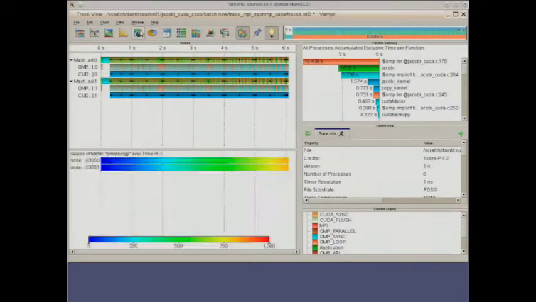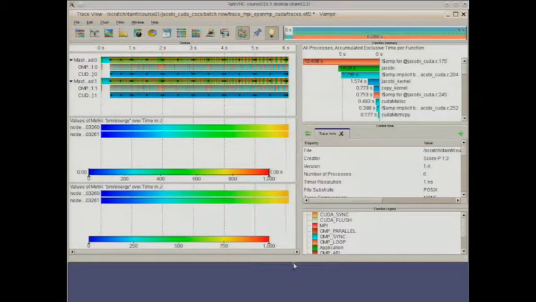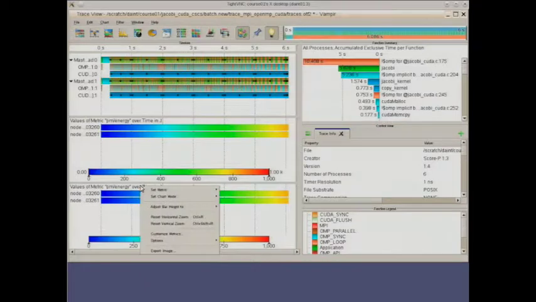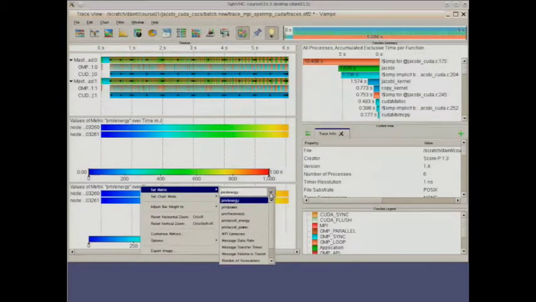So we have, for example, the energy metric over time, and let's just open another instance of the performance radar. And we can select a different metric here. So for example, we can go with the accelerator energy over time.